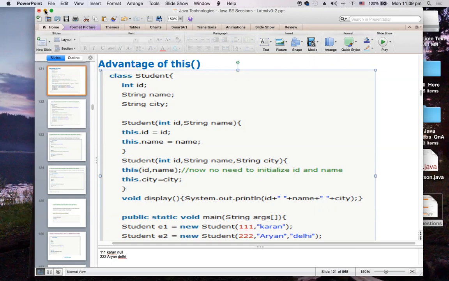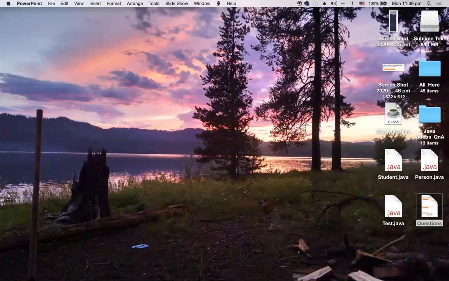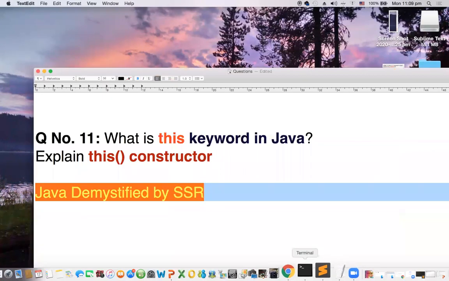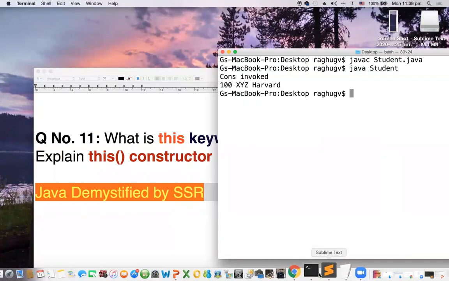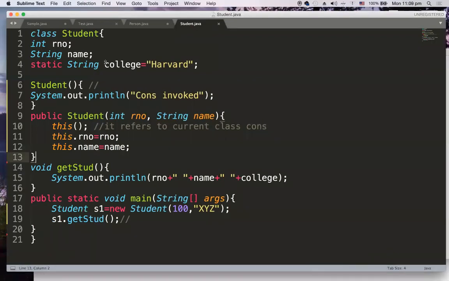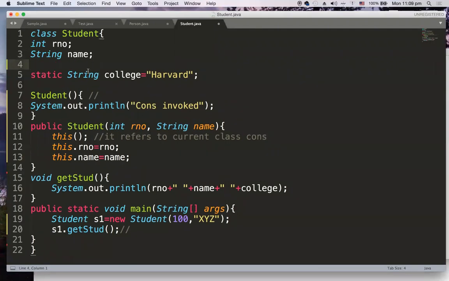So now let me open up and let us make this code analogous to that. We have a city, which is a string. One student belongs to one city and another student belongs to another city, so that's why this is an instance member, not a static member.